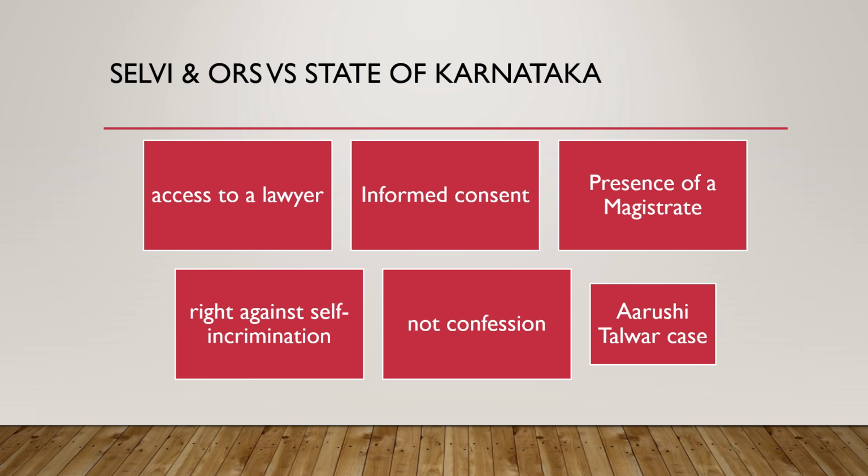So this is one thing that should also be available to the general public according to Article 19, if I am not incorrect. If a police officer grabs you somewhere and forces you to say that you murdered a certain man or woman and asks you to write it down on paper, you can comfortably write it down, because it does not stand in a court of law. If somebody says to write that you have committed a crime, it won't stand. At that time, you can just get away from there. You write it so that somebody doesn't harm you, and then in the court of law, it has no standing.